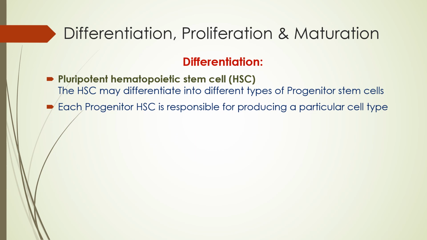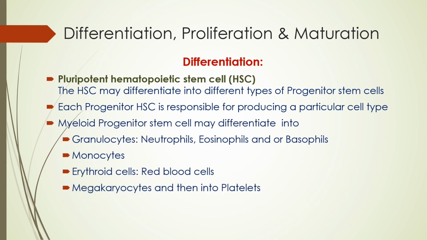Each progenitor hematopoietic stem cell is responsible for producing a particular cell type. For example, the myeloid progenitor cell may differentiate into granulocytes, that is the white blood cells which have granules in the cytoplasm. They are the neutrophil, eosinophil and basophil. They differentiate into monocytes. They differentiate into erythroid cells, which are also called red blood cells, and megakaryocytes. The megakaryocyte, as I told you, then breaks into fragments,